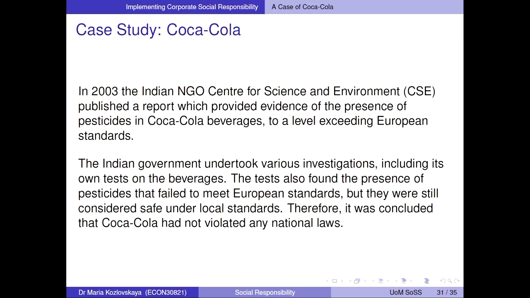After this report was published, the government undertook tests, and they showed that, yeah, the level of pesticides is quite high, but actually it's safe under local standards, so we're not going to take any legal action against Coca-Cola, said the Indian government. So Coca-Cola thought, oh, maybe we're okay, because our most powerful stakeholder isn't angry with us, but